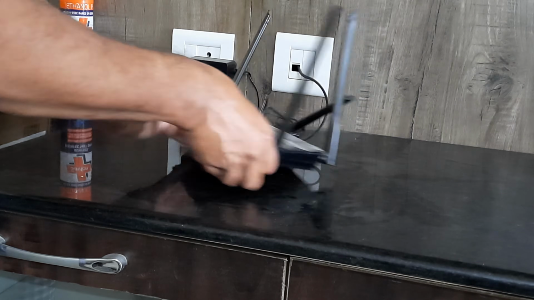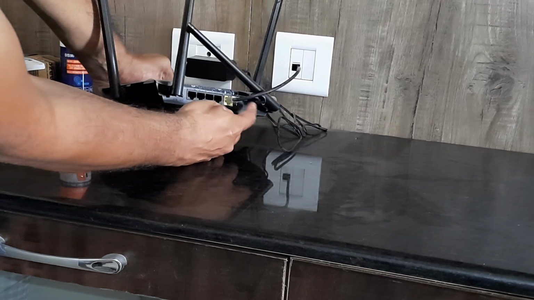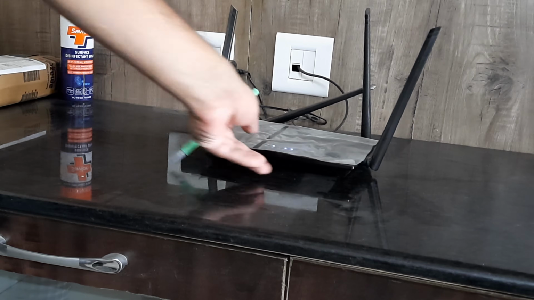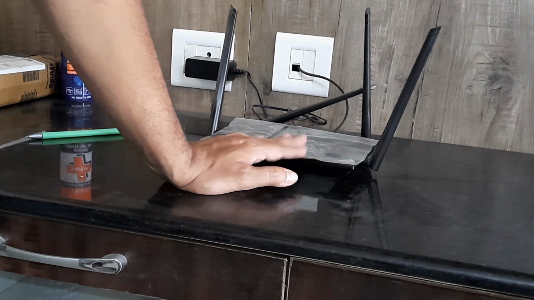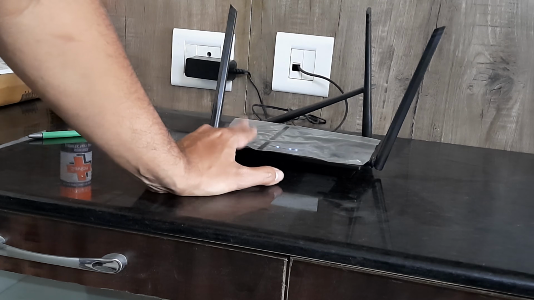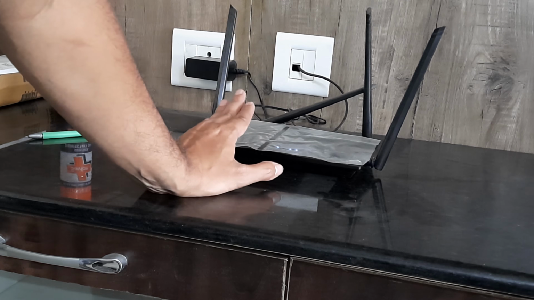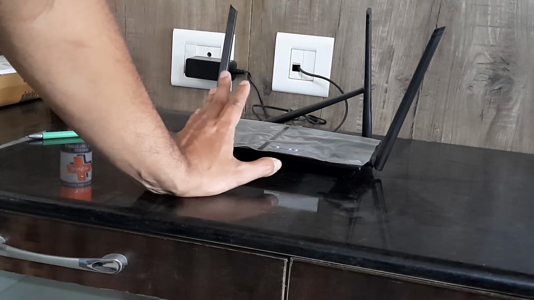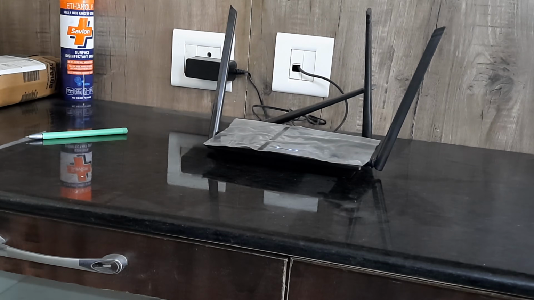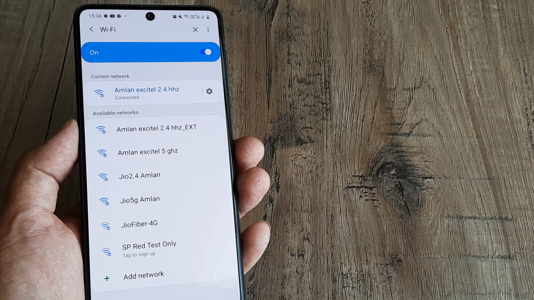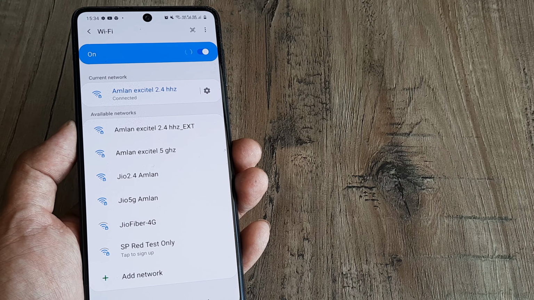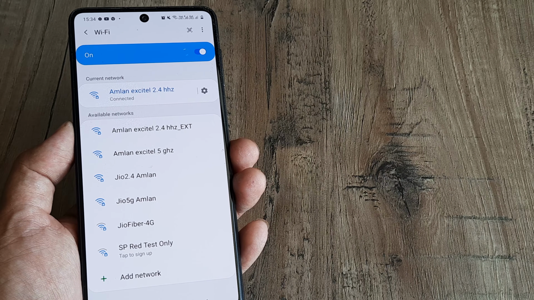All the Wi-Fi routers that you see have a button at the back for resetting, or it may be at a different place. So you need to reset the router once. And if that doesn't work, maybe you need to call the ISP. If this is from Excitel, I need to call Excitel, the internet service provider, and tell them, hey, fix this. Your router is not emitting proper signals. So resetting the router and also upgrading the router firmware may help in having a stable Wi-Fi connection.